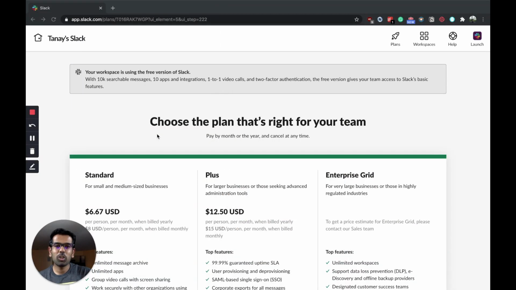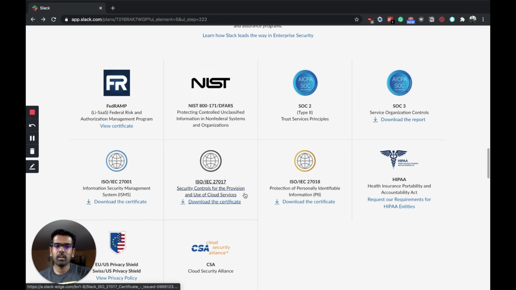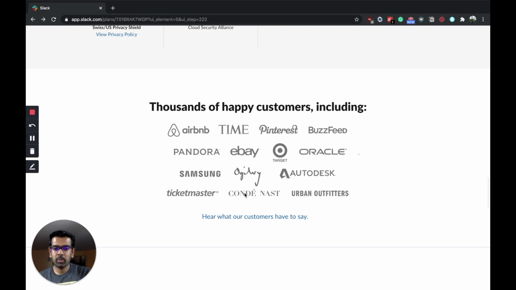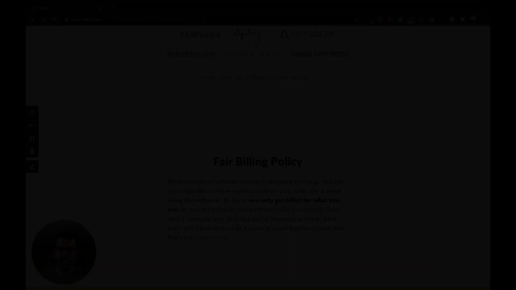Slack has done a great job in terms of addressing all their customers' FUDs, and they check all the boxes in that department. First, they tell you that all your data is encrypted, and then instead of just saying that they are compliant with all the privacy laws, they have added logos on their pricing page. And then when you scroll down, they have the logos of their customers and customer testimonials, which builds trust and assures users that they will be in good company. And finally, they have a fair billing policy, which says that they do not charge for inactive customers, and they even have a prorated pricing, which just ensures that customers leave their pricing page with all their queries and concerns being addressed.